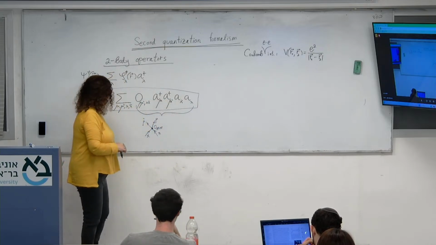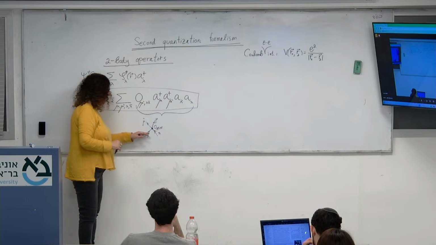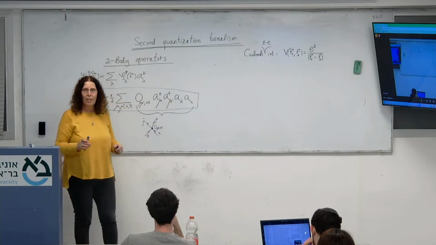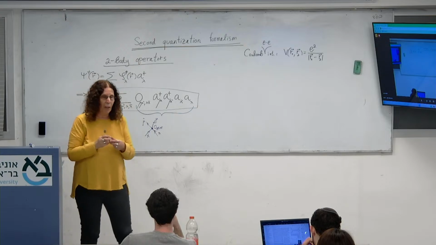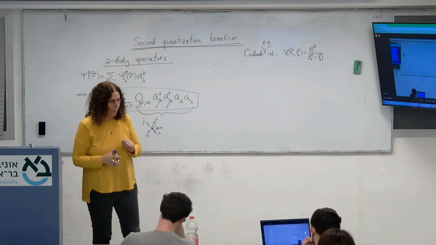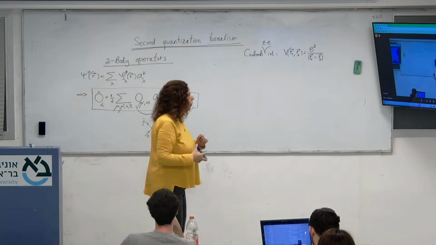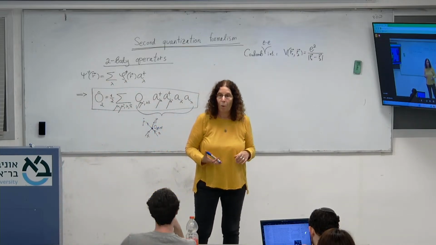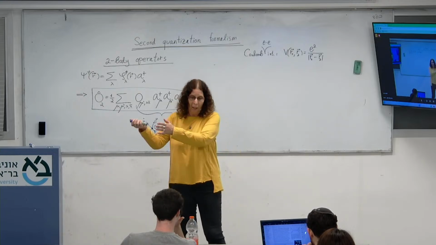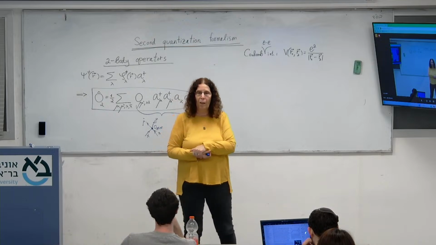Okay. Now, why do I need this? Of course, you can just write the expression. You don't necessarily need a graphic language. When do you need a graphic language? When you want to account for complicated processes where you apply the interaction again and again. Okay, like for example,